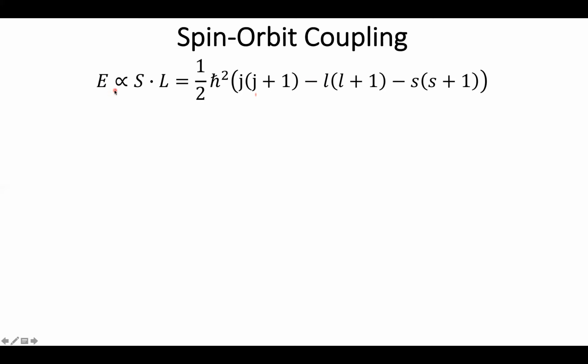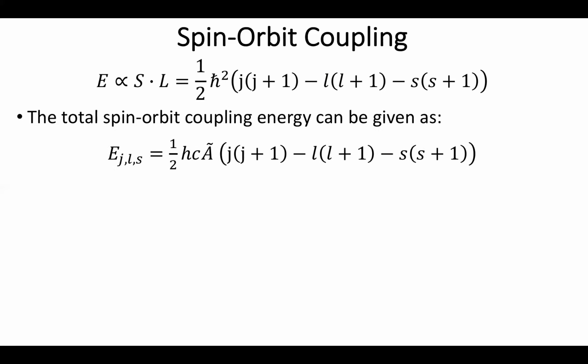But you'll notice I have a proportionality. We hate proportionalities. So what we're going to do is go ahead and substitute this in to make an equality. So I can figure out the energy of my total spin orbit coupling, which we are going to denote as E with our 3 values: total, orbital, and spin